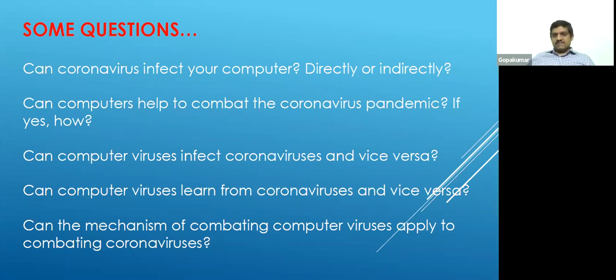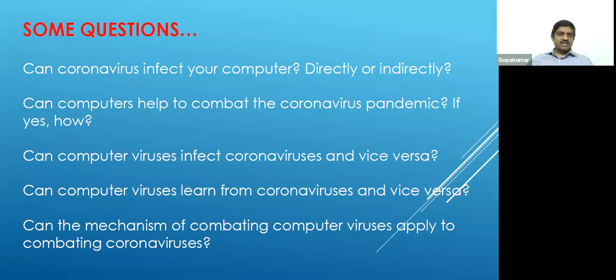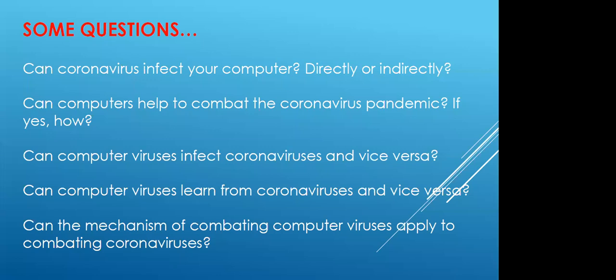Because we know how computer scientists, or the cryptography people, or network security or computer security people, are developing very robust systems in order to combat computer viruses. So there are some standard procedures, steps involved in computer virus defense, finding out and taking further solutions. But can we apply the same techniques to coronavirus also in order to combat it? So these are some of the questions that came to my mind. You can have other questions to add, and maybe you can look further.